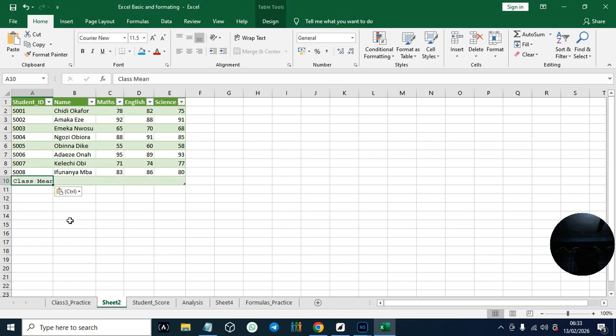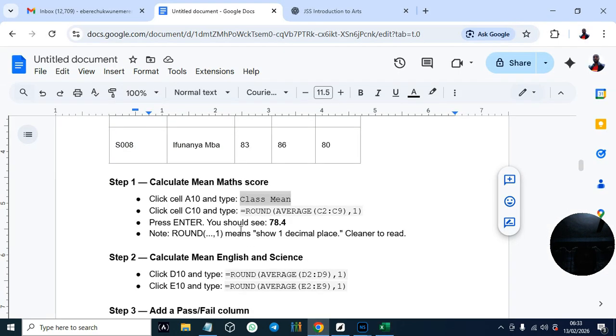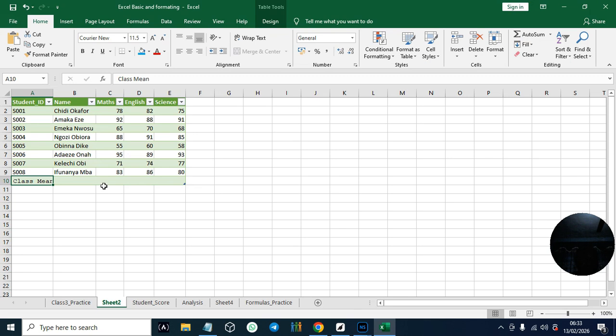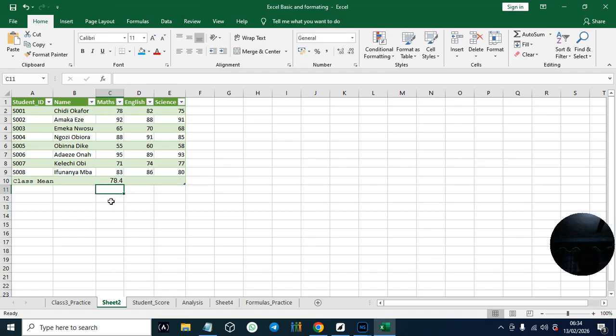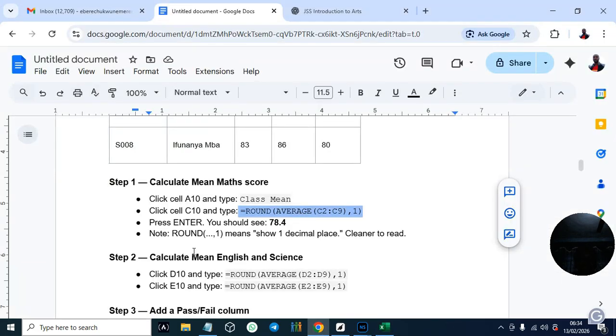Let's enter the formula in C10. It gives us 78 points, which is the same thing I got here already.